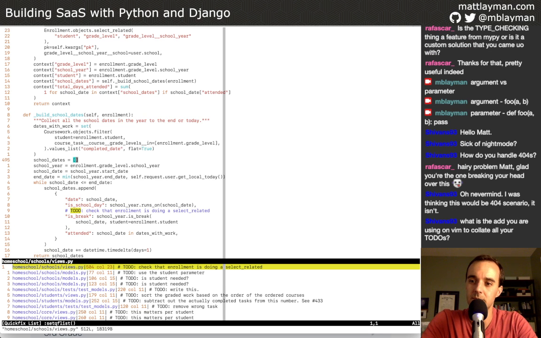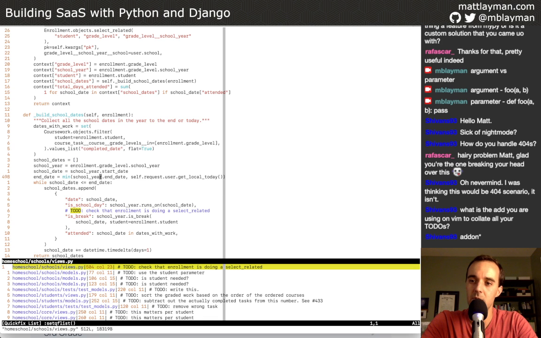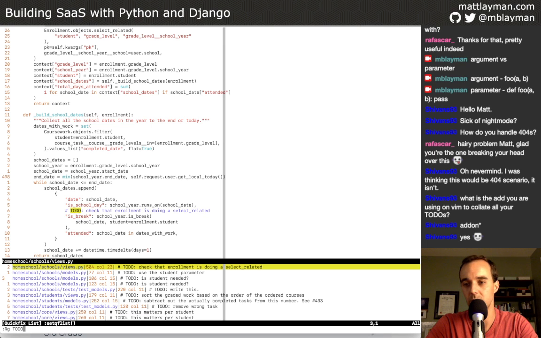What am I using in Vim to collate all my to-dos? Are you talking about down here at the bottom? If that's what you're referring to, this is just me using ripgrep, my search tool, and searching for the phrase to do.